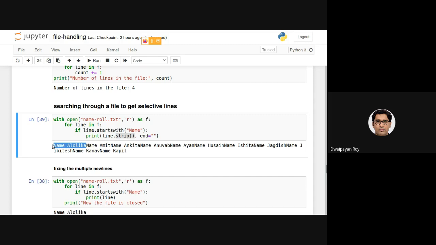As we already have used strip, rstrip, lstrip to remove extra spaces from the beginning, from the ending, or from both sides, strip can also be used to remove the end of line character from the end. Okay.